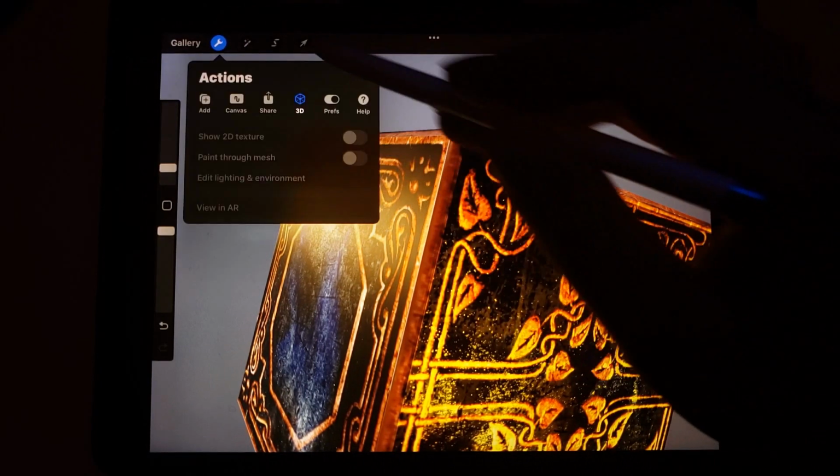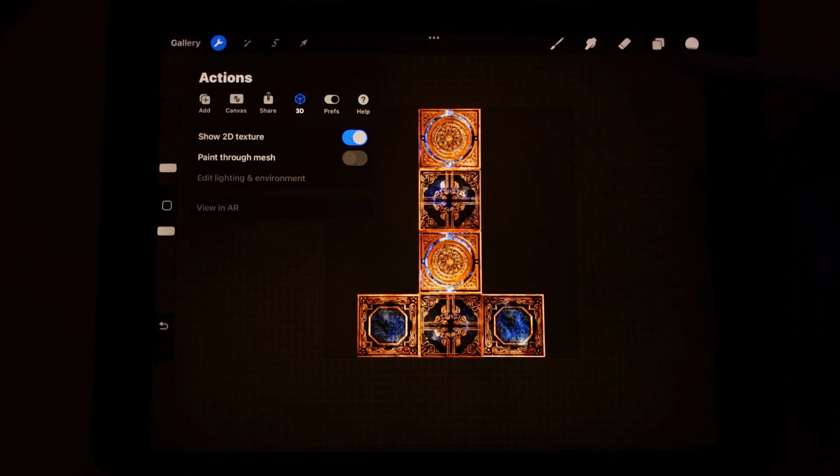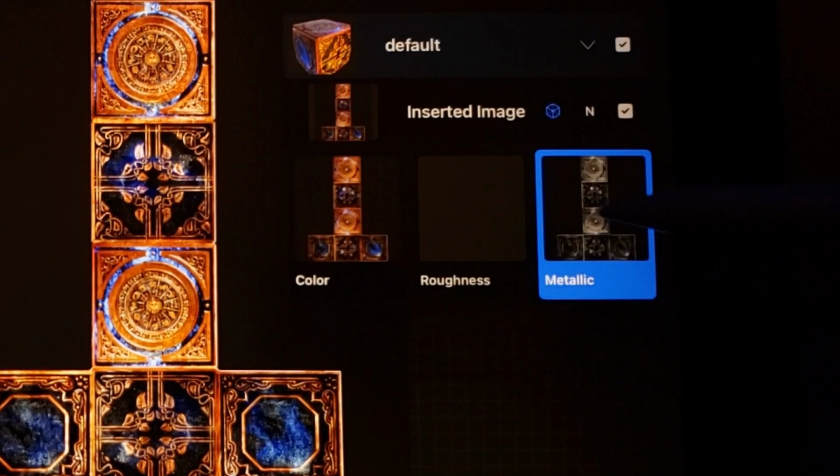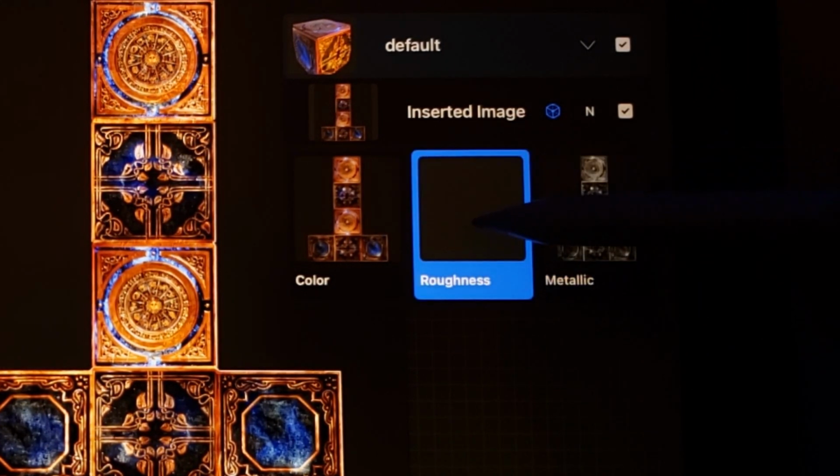Now I'm going to do the same. And again, this is just for experimentation. This is not really the ideal way. And just to explain clearly, anything that is white, as I mentioned before, is going to give us the effect of the map. So anything that is white in here is going to be reflective. So most likely I would say this should be inverted like this because that represents the gold. Okay. Then if I go to the roughness,